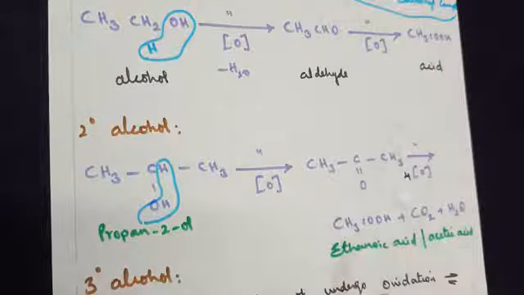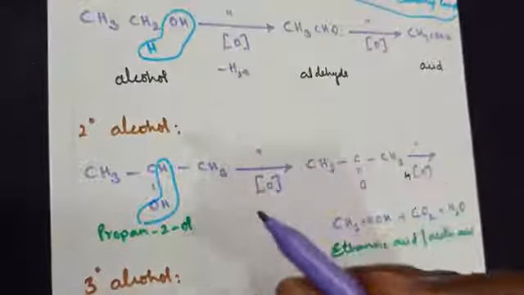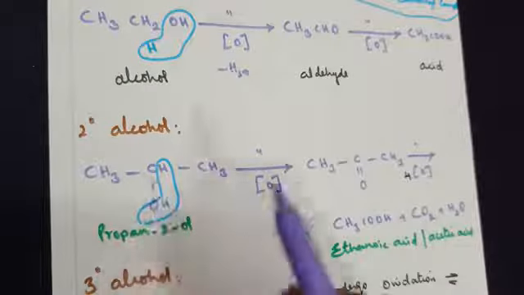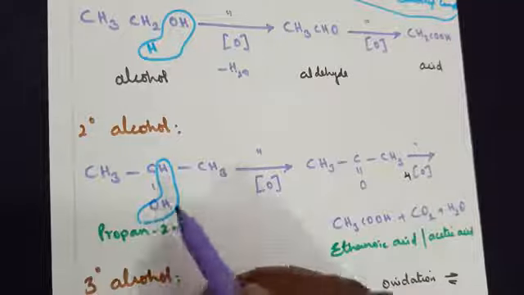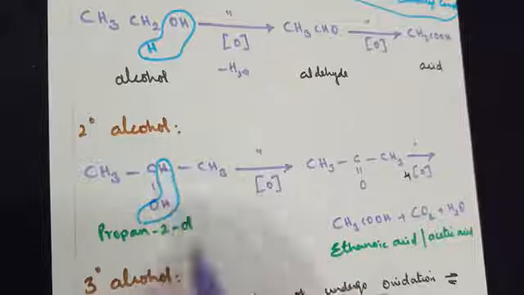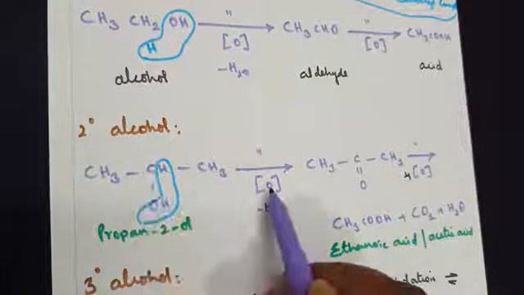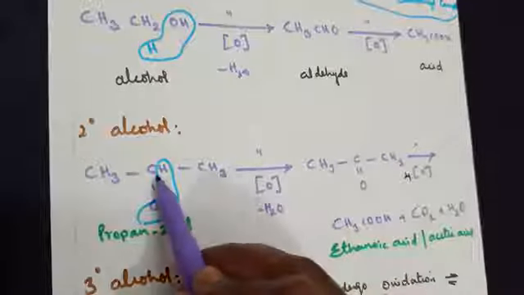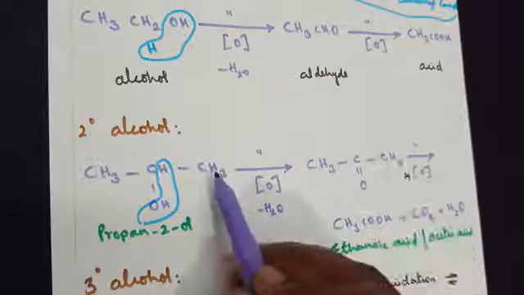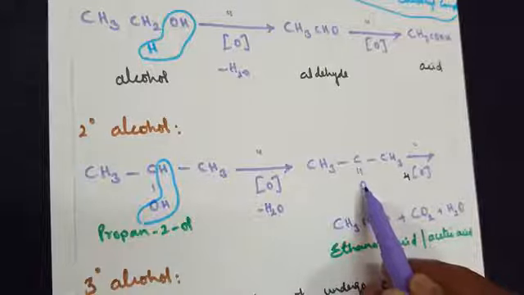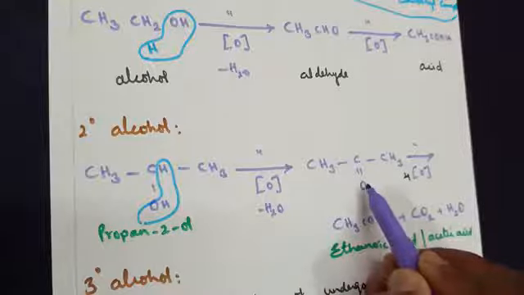Moving on to the secondary alcohol. How will you identify it? Two alkyl groups we have got, hence it is called a secondary alcohol. Secondary alcohol here again, when we treat it with an oxidizing agent, a water molecule is lost. So OH from here and H from here go out together as a water molecule. Addition of oxygen takes place. This oxygen goes to this carbon, hence we get a ketone. CH3 remains as it is, and this carbon receives the incoming oxygen. So secondary alcohol is converted into a ketone.